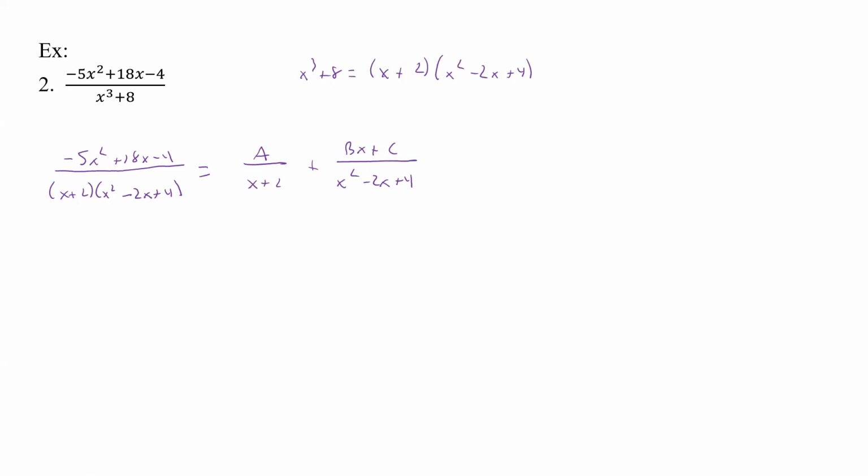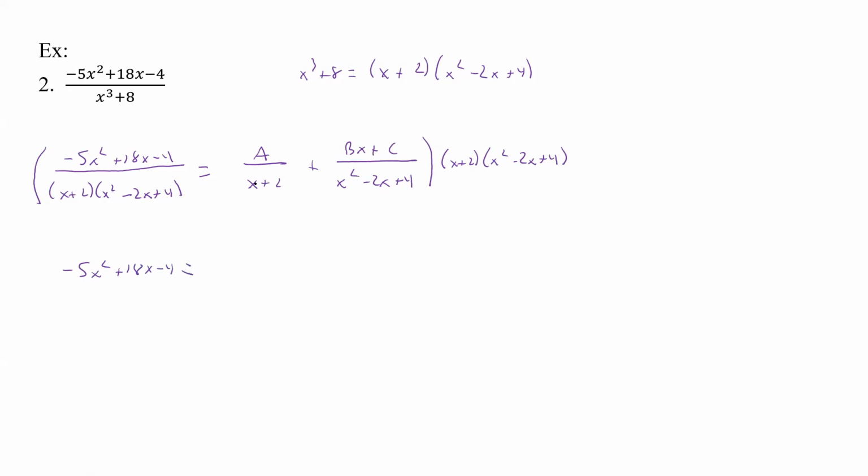Multiply both sides by the LCD and then simplify and get our different equations and different unknowns. So it should probably be 3 equations and 3 unknowns when we get done. So x plus 2 times x squared minus 2x plus 4. Multiplying the first one, everything in the denominator cancels, and we get minus 5x squared plus 18x minus 4